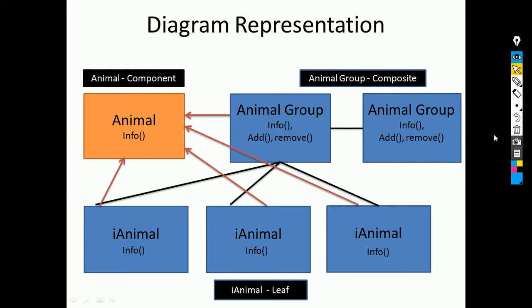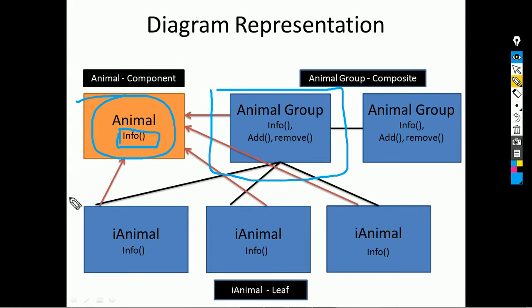So this is the diagram representation. I'm using the concept of animals here, and the function gives the information to display each animal. There are two parts here, the animal group and the individual animal.